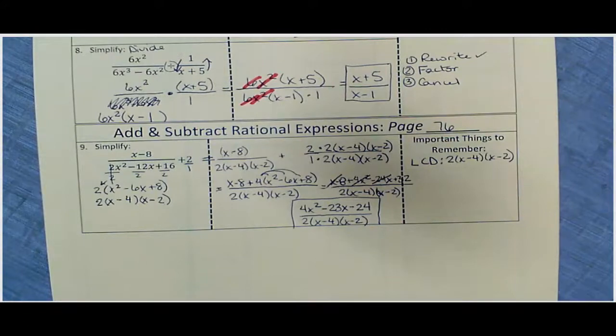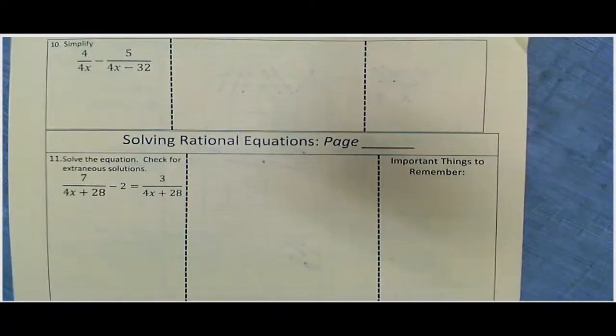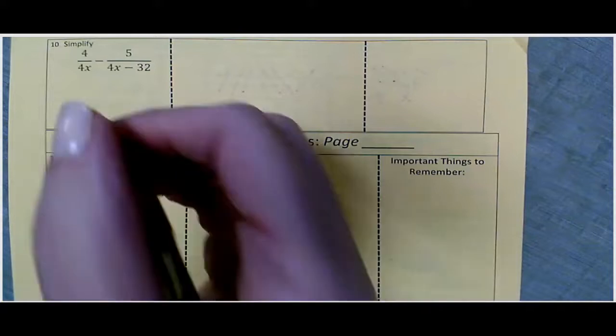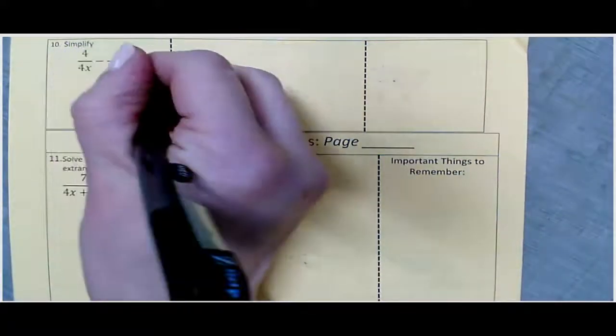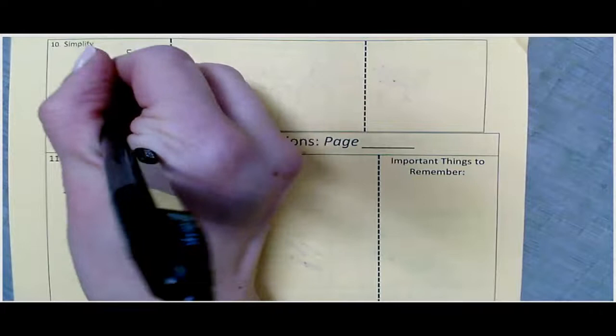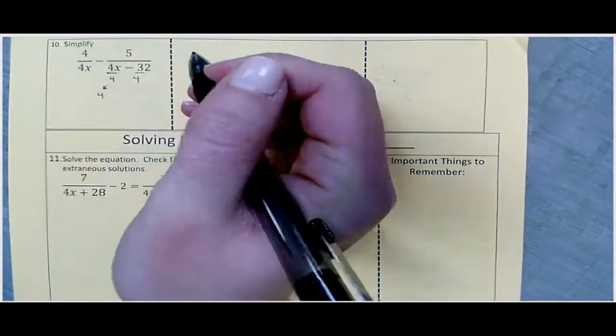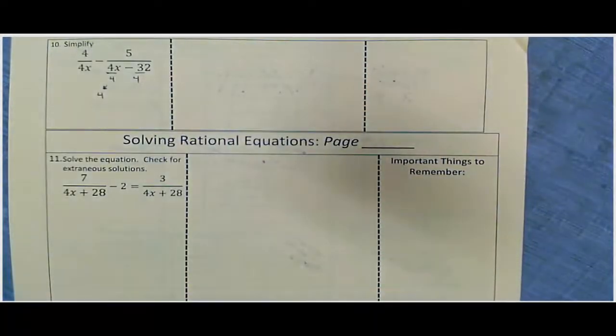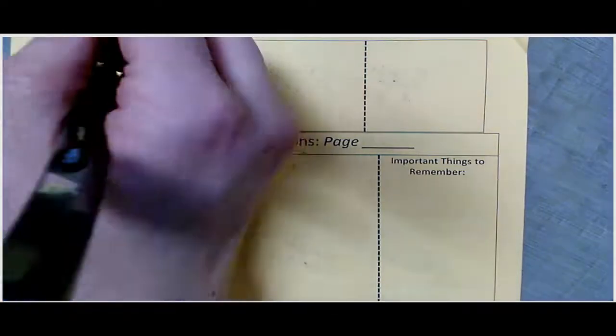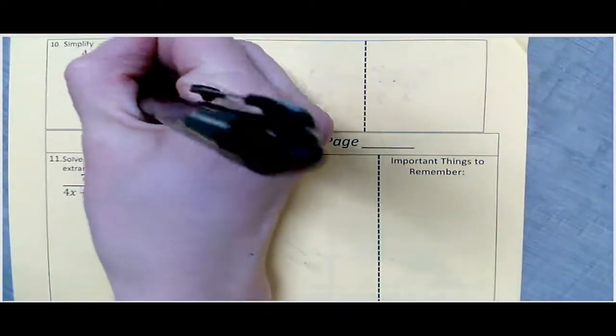So now let's go ahead and flip to the back side. We've got one more practice problem like that, and then we move on to solving rational equations. Okay, so in number 10, first I want to factor, and then I want to come up with the least common denominator. The only thing that I can factor here is this. They're both divisible by 4. So I bring out a 4. What I'm left with is x minus 8